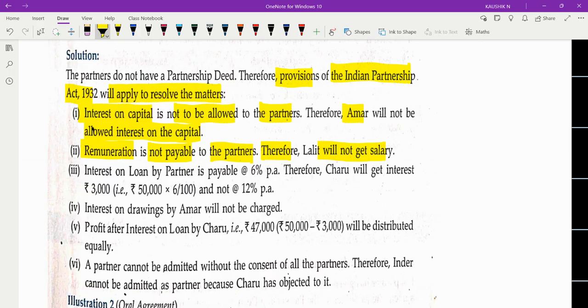Okay, and why or how means as per the provisions of Indian Partnership Act 1932. This word is very important: provisions. Provisions of Indian Partnership Act 1932. If you just write only the term Indian Partnership Act 1932, leaving out the word provisions, then whatever you are trying to communicate will not be acceptable as a right answer. Provisions is a specific word that should be insisted.